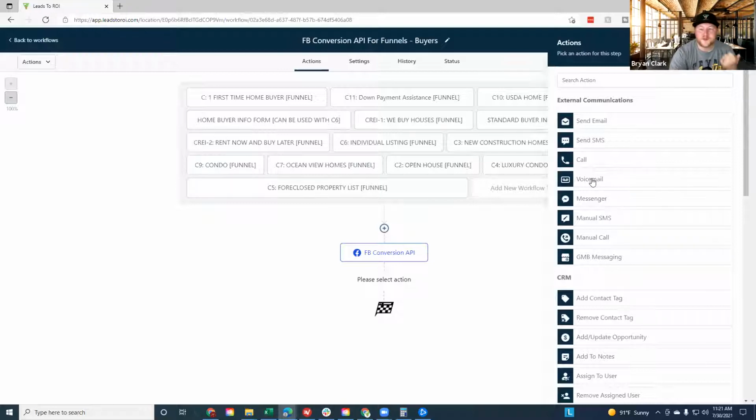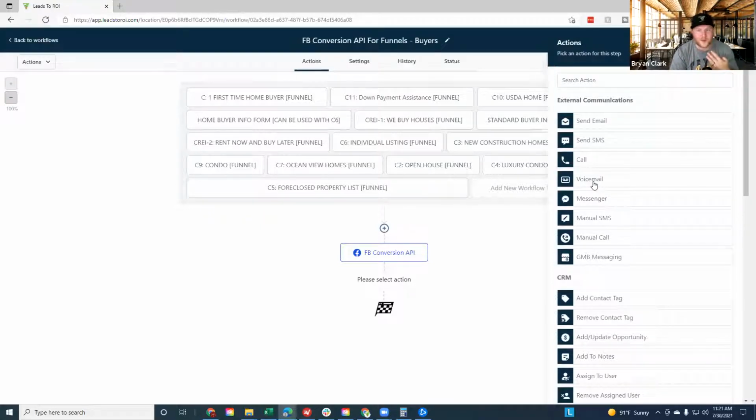You can also send voicemails. I know that some people have added the Core Voice drop add-on with KV Core. It's built into the platform. You can do this automatically. You don't have to pay any more for it. Essentially, you just record a voicemail message that you'd like to be sent out to those leads, and you can have that be part of your follow-up campaign,